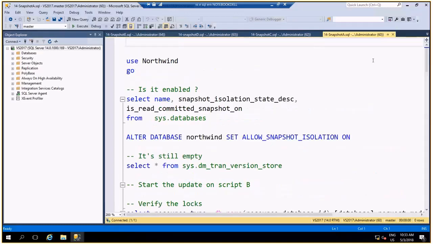I have 5 script files that I will execute together. I use Northwind.